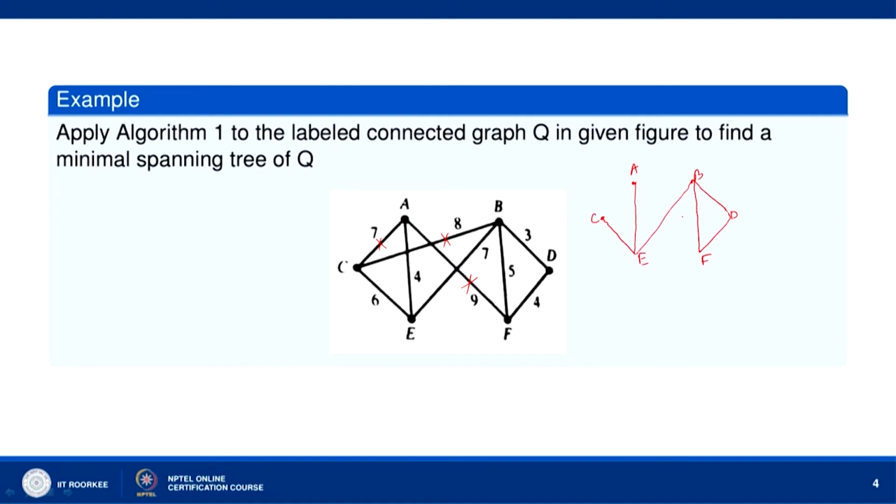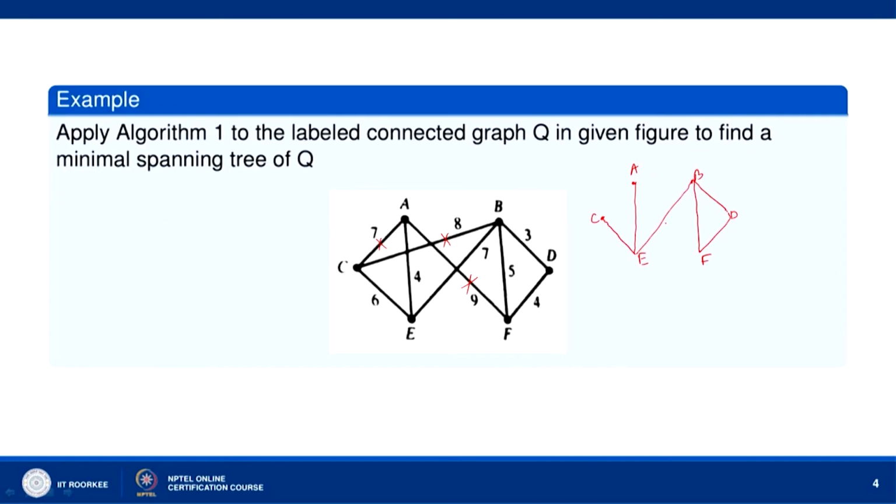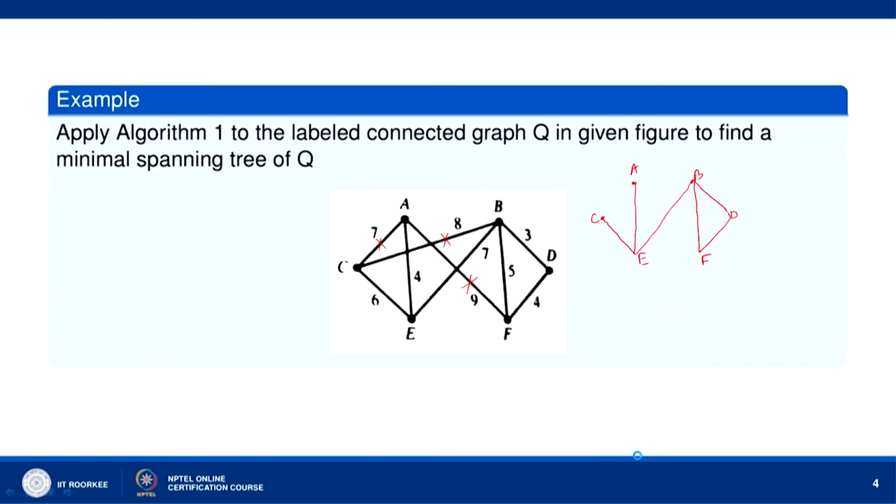Now, if we delete B, this one, then the graph becomes disconnected. So, we cannot delete B. Okay. So, this B remains there. Okay. It is not to be deleted, and then C. Okay. If we delete C, CE, okay. If we delete C, what will happen? If you delete C here, then C will remain, and we will have like this,